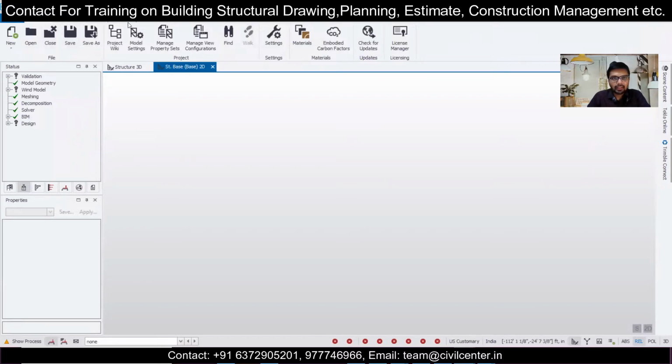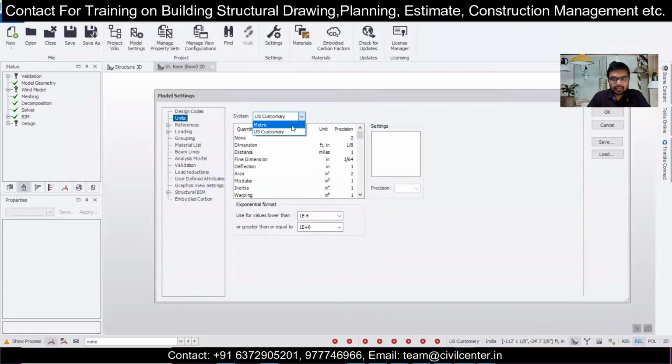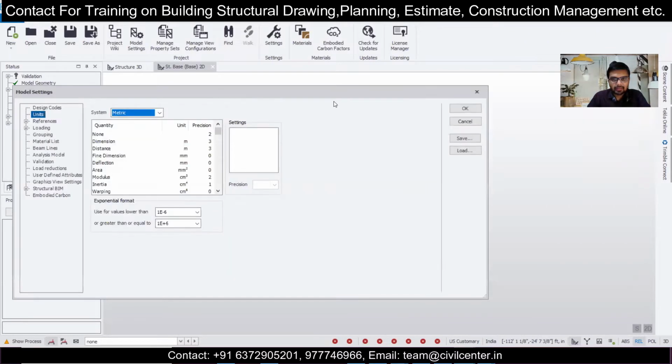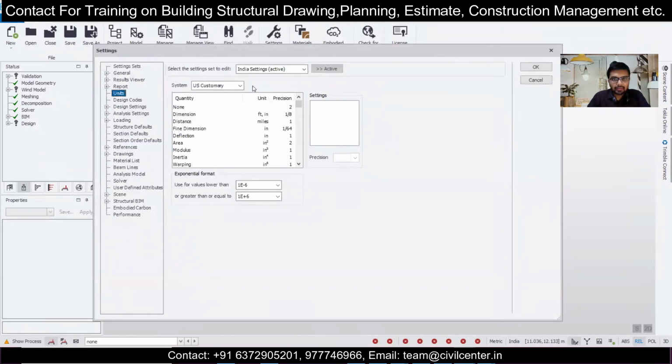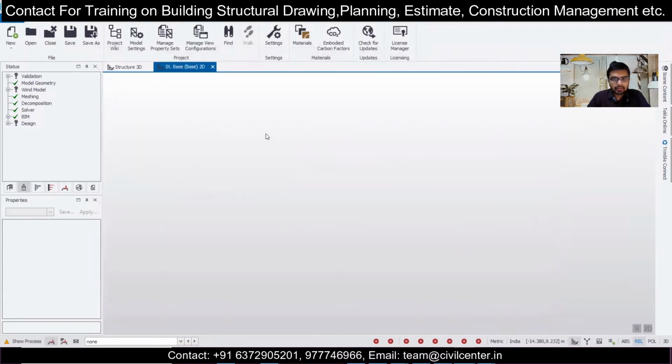All the units, as you can see here: go to model, go to home and check the model settings, and in that check the units. This is metric by default. Then in the project settings, the units are also metric here. Click on OK. So the units are metric here. A new file has been opened, units are metric, and now we just want to import the file and work in feet and inches. So how can I do that?